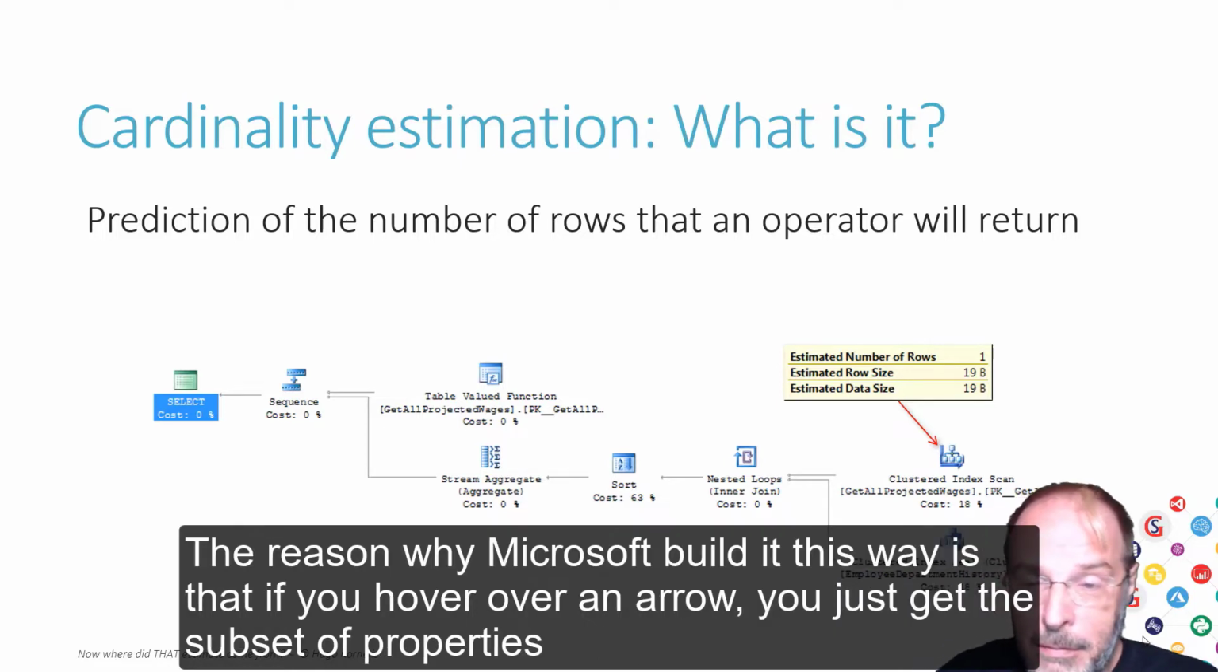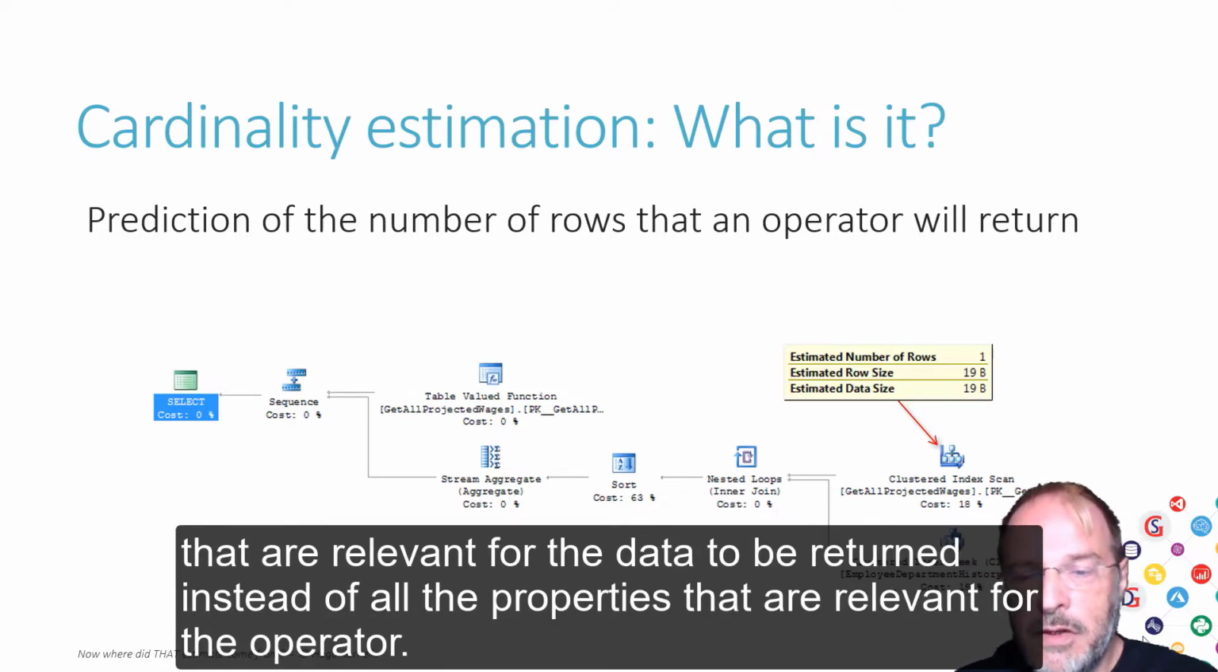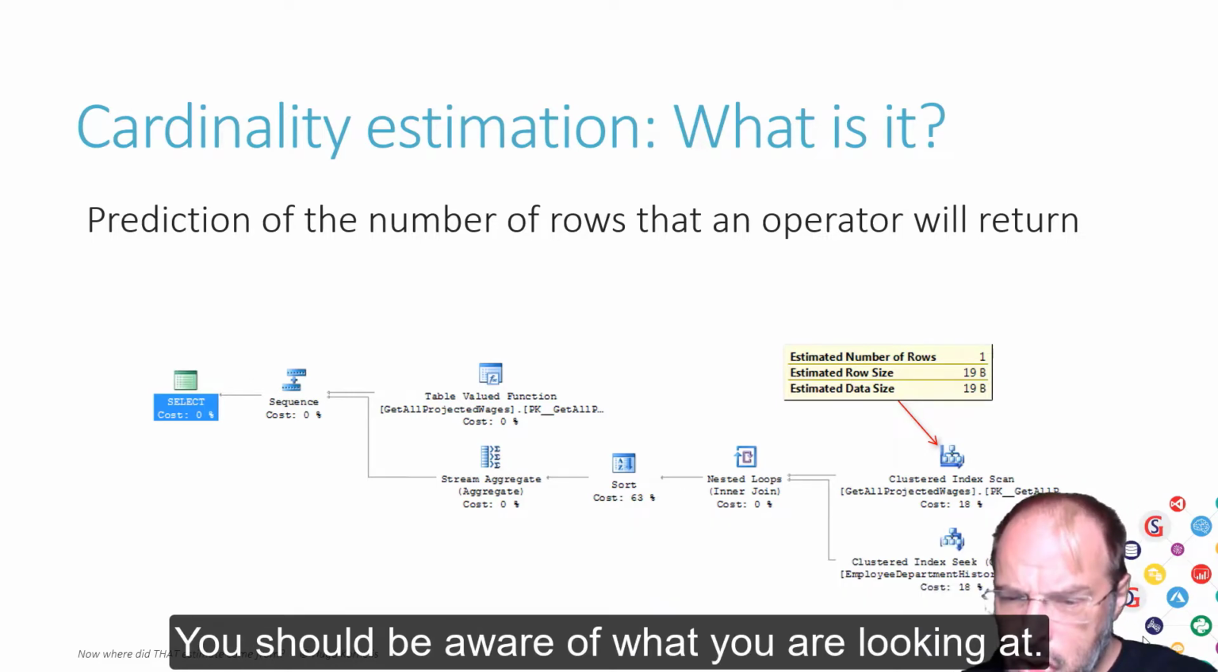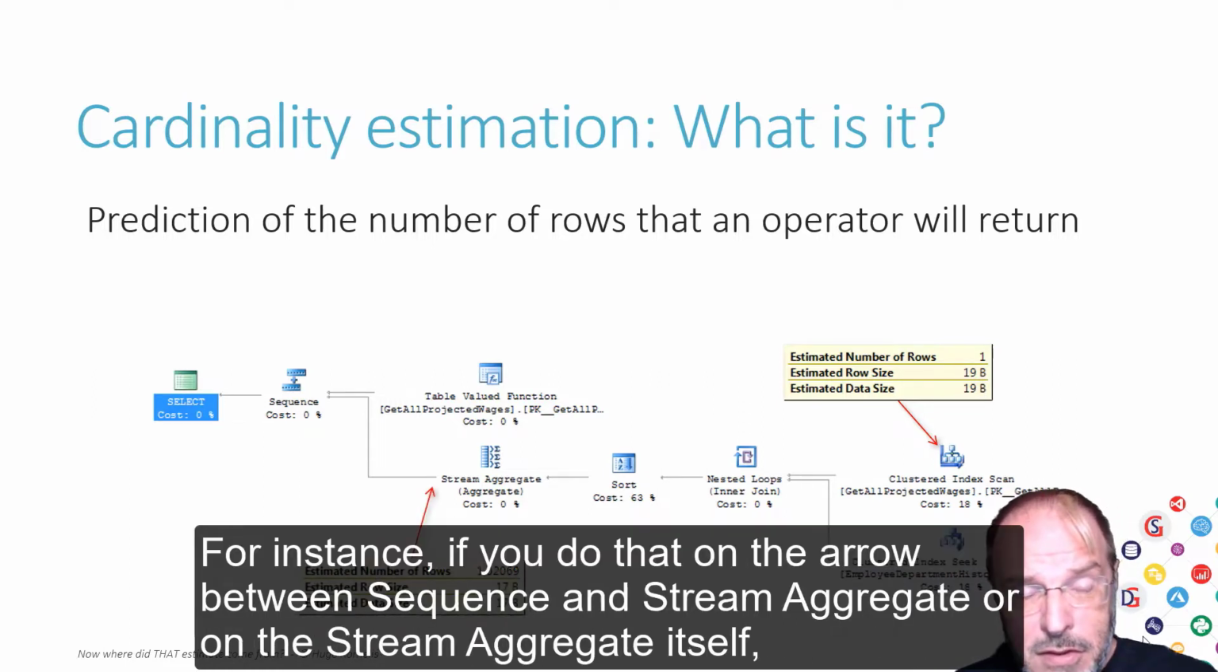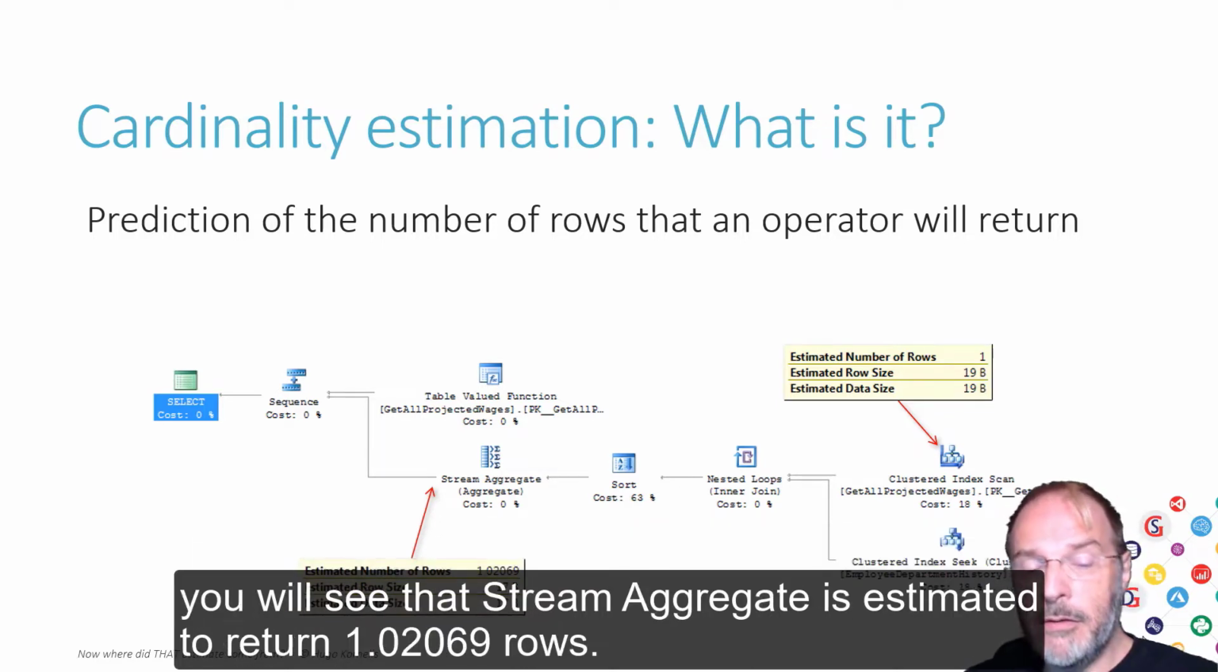The reason why Microsoft built it this way is that if you hover over an arrow, you just get a subset of properties that are relevant for the data to be returned, instead of all the properties that are relevant for the operator. You should be aware what you are looking at. Now, you can hover your mouse over any operator or any arrow in the execution plan. For instance, if you do that on the arrow between sequence or stream aggregate or on the stream aggregate itself, you will see that stream aggregate is estimated to return